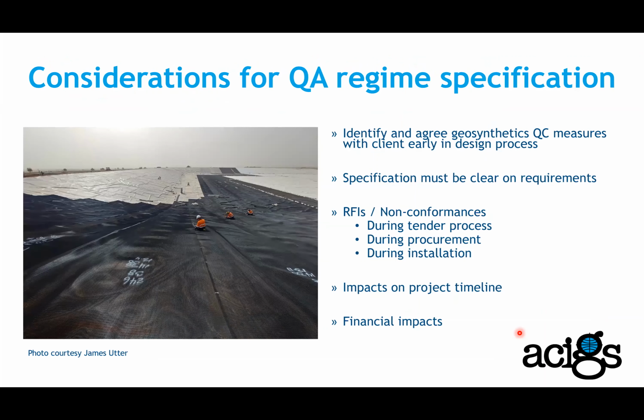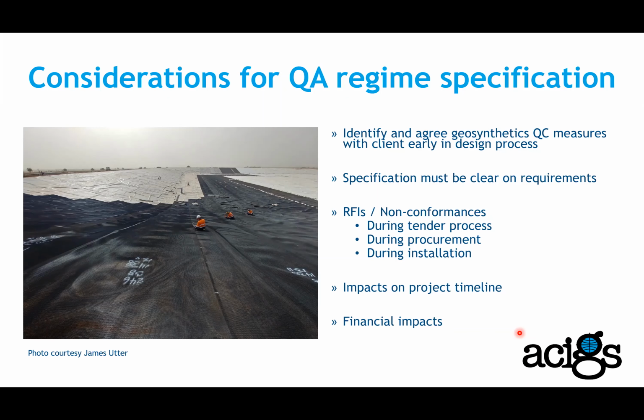Some consideration for QA regime in our specification. So when you prepare a specification, these are some of the factors you need to consider. Identify and agree geosynthetics QC measures with the client early in the design process. And this is again back to that timeline that I showed in the previous slide. Specification must be clear on requirements. So we see a lot of specifications that are not as clear as they should be. So essentially we need to make sure that the requirements are clear and they can be followed by the construction